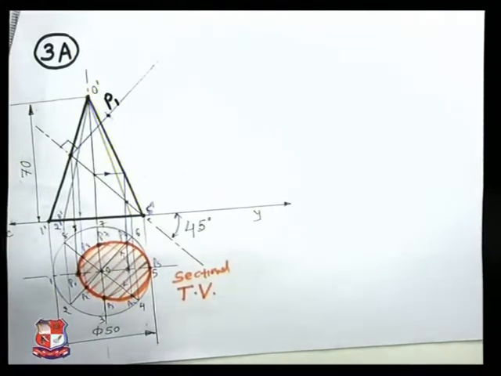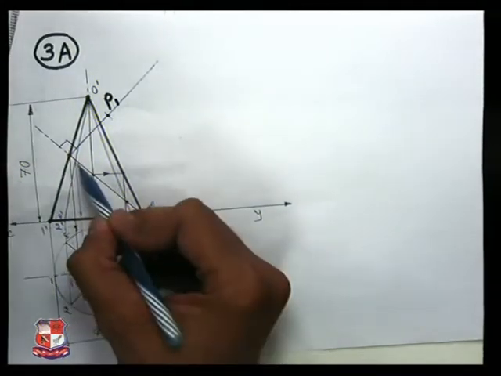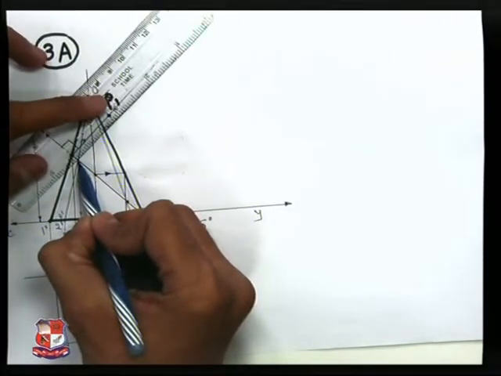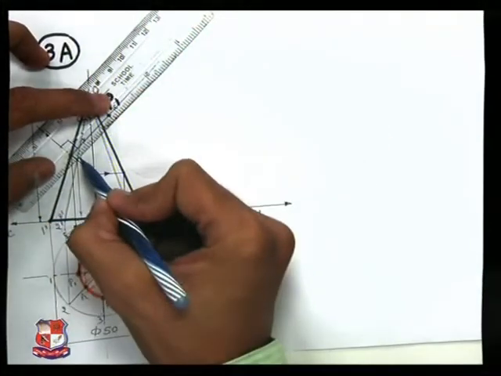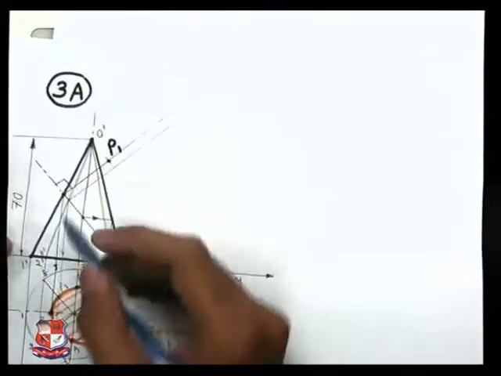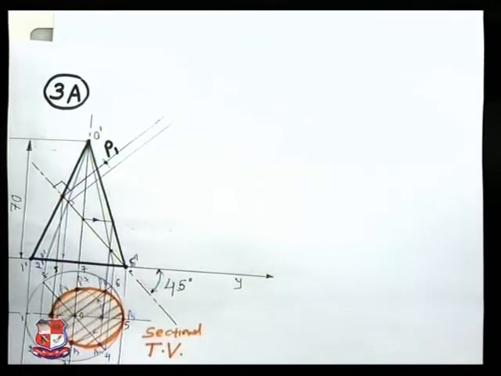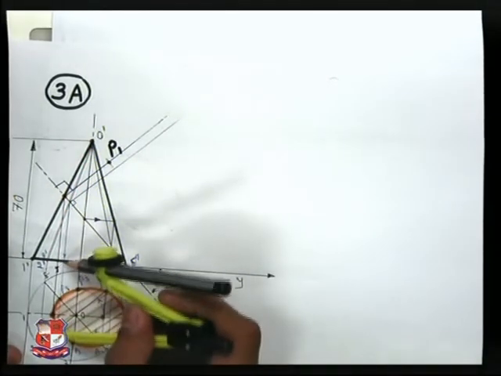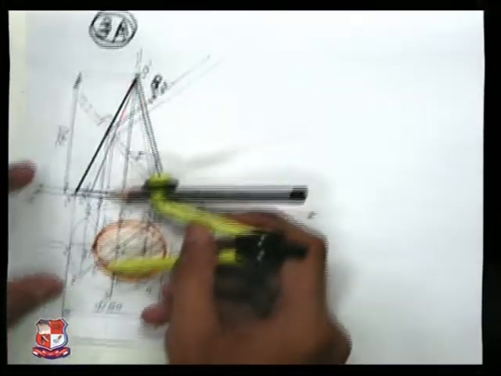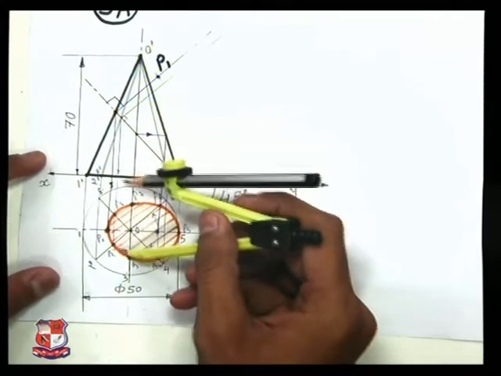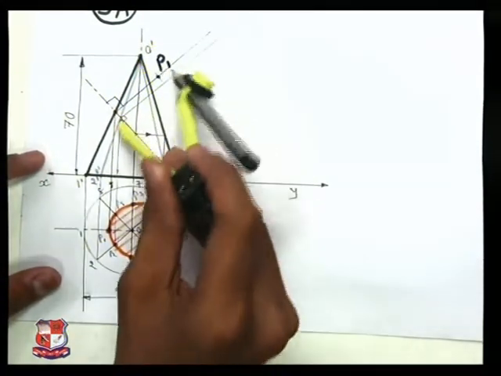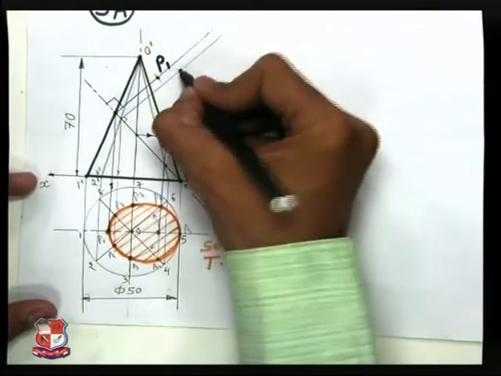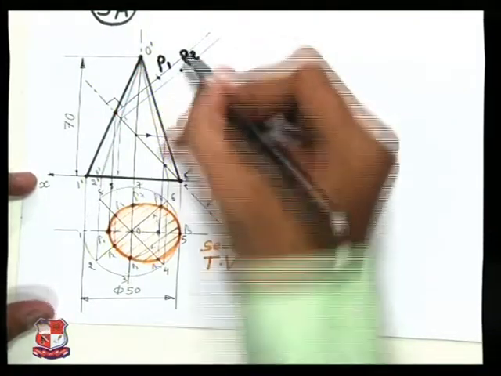It's a true shape. Now to find the position of point 2, this is P2 and P8. From this point draw again a line like this, which makes an angle of 90 degrees with the cutting plane. This angle is 90 degrees. Measure the distance of these points from the XY line in the top view and front view. This is P2, the distance from the XY line to P2, and cut it over here like this. So here point number P2 would be there. Name this point P2.